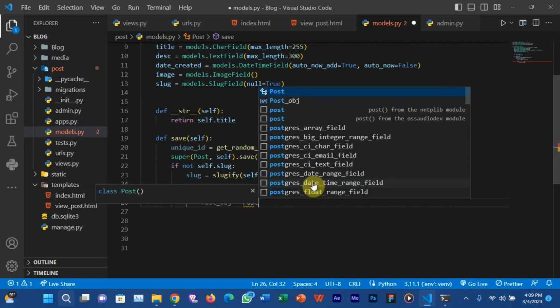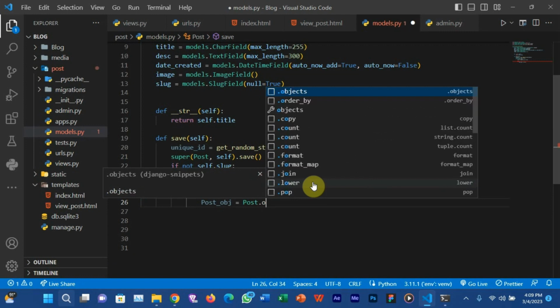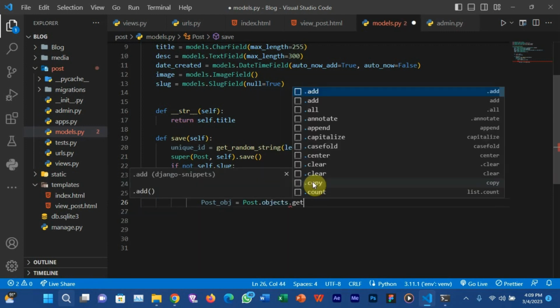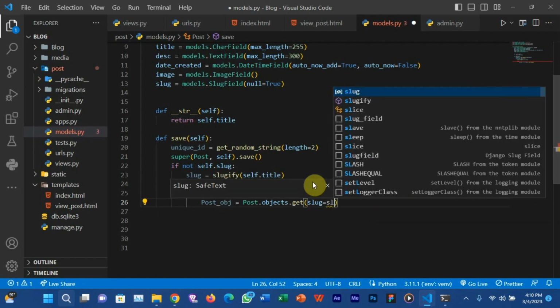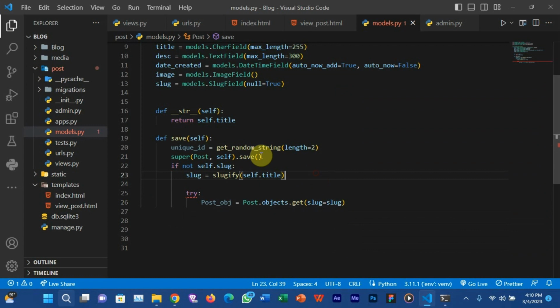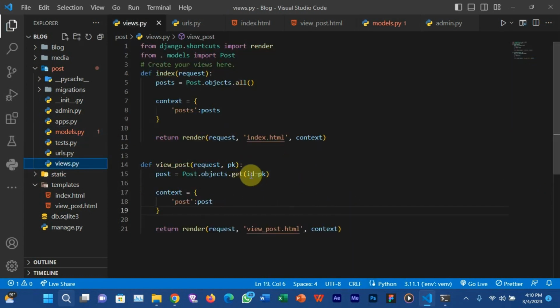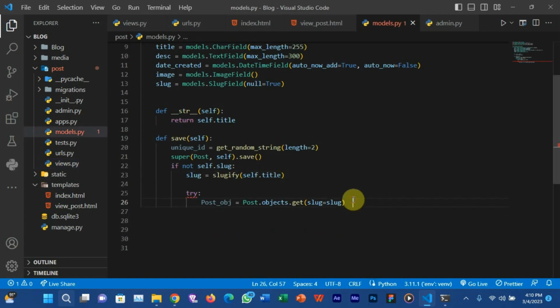Now the Post class: Post.objects.get(slug=slug). Instead of doing get id equal to id, you're now going to do slug equal to slug. Don't worry about this now. If you go to our views.py file, instead of doing id equal to the primary key we get, we'll be doing slug equal to the slug field instead.